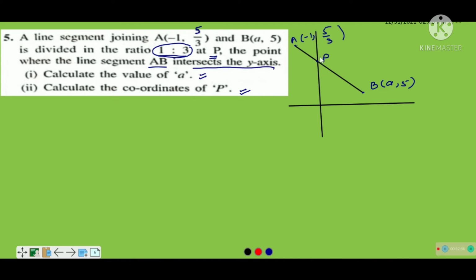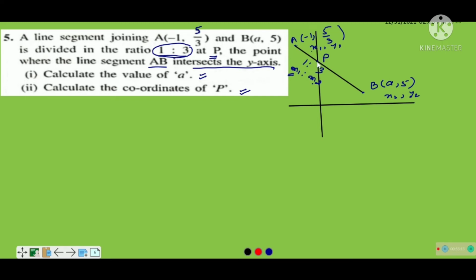Suppose this is the point P which divides this line segment in the ratio 1:3, means the value of m1 is 1 and value of m2 is 3. End points are x1 y1, x2 y2. पॉइंट्स और रेशियो की नोटिंग करते वक्त आप लोग ध्यान रखा कीजिए कि जहां पर हमने m1 लिखा है उसी साइड के पॉइंट को हम x1 y1 नोटेशन देंगे और जिधर हमने m2 लिया है उधर हम x2 y2 नोटेशन देंगे.